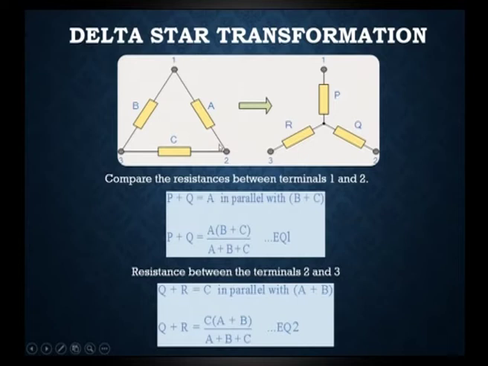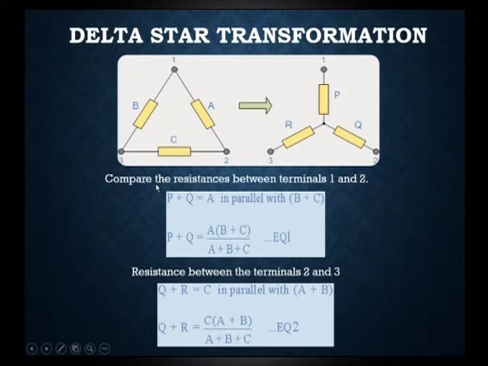Next we move on to delta to star transformation. How do we transform delta to star fashion? This is the delta form, and this is the star form that we need to convert to. So, compare the resistance between terminals 1 and 2, which we are going to compare with the star. Just imagine we put P, Q and R in between like this. If we connect from the first terminal, P and R will be placed from here till here. Inside this we can build a star and compare, which will be a better picture.